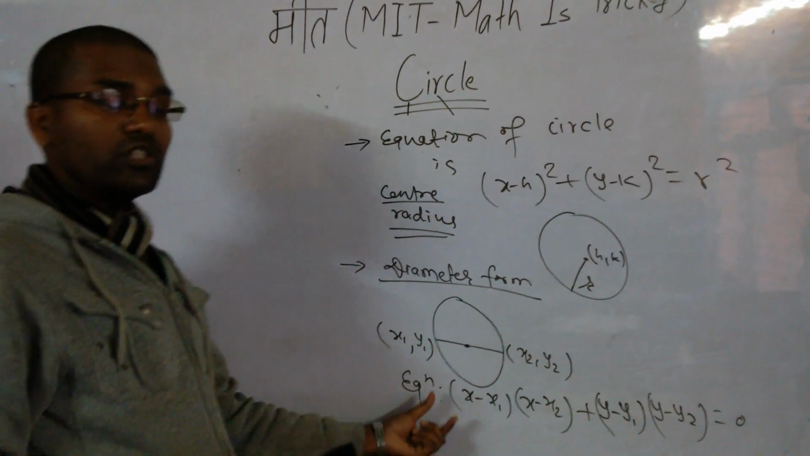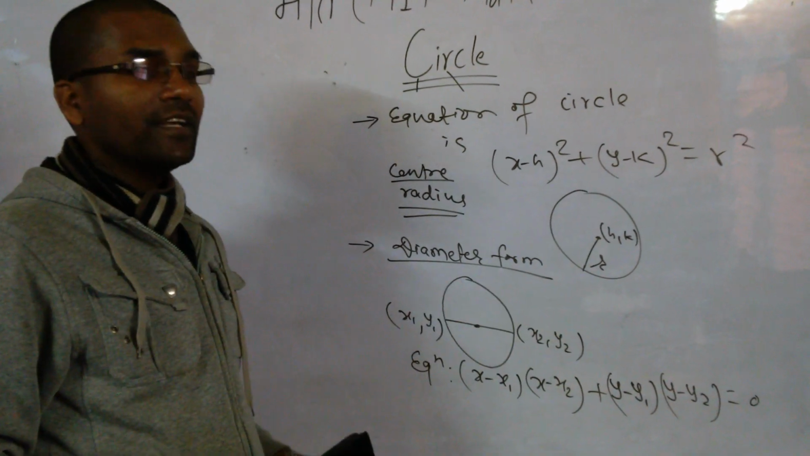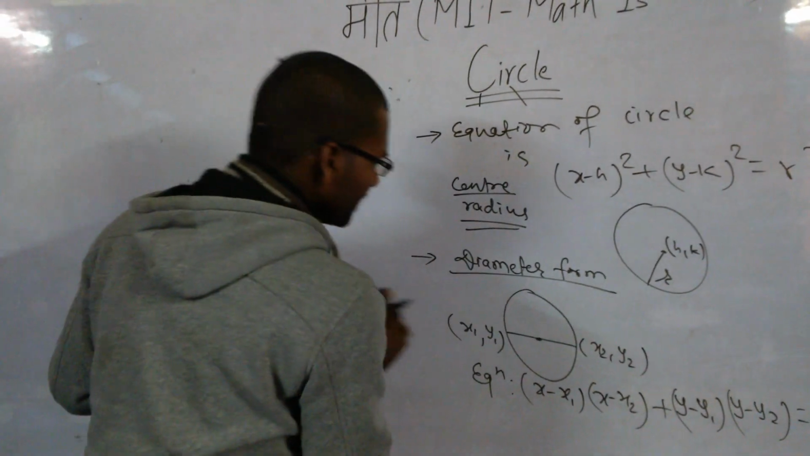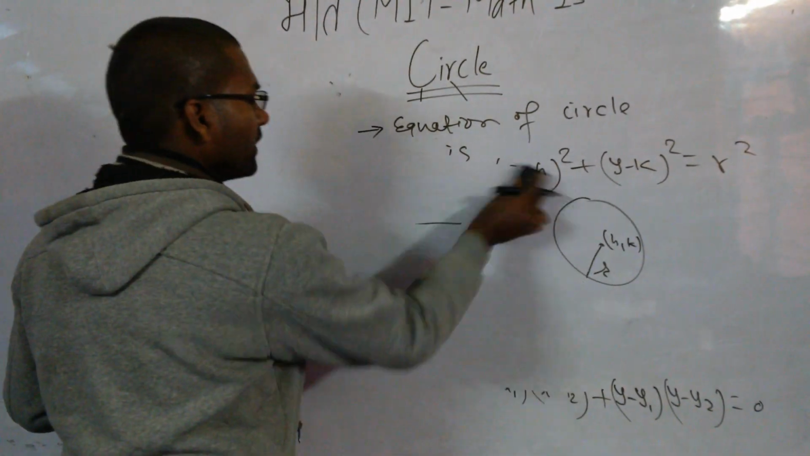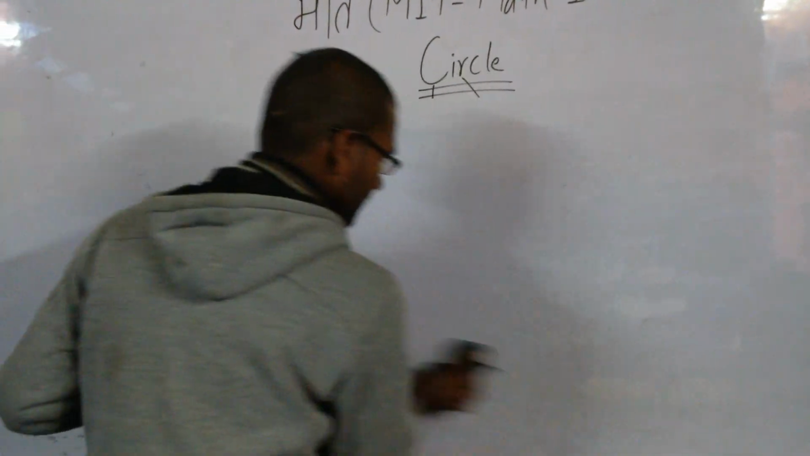In this case only, we don't need center and radius. Directly we can find the equation of the circle. So now let me explain other cases. Sometimes, in some cases, now see here,